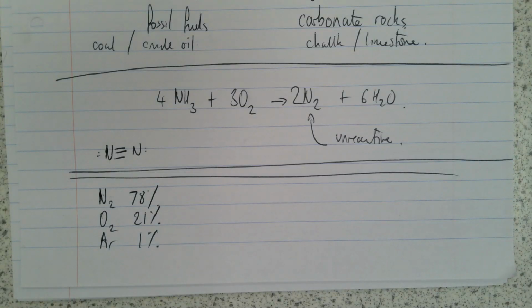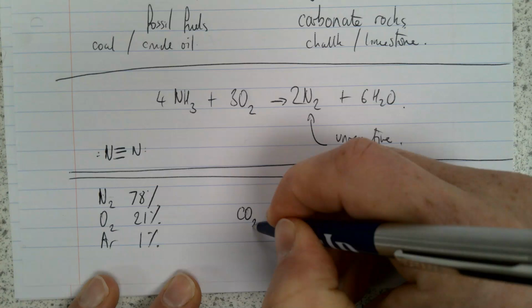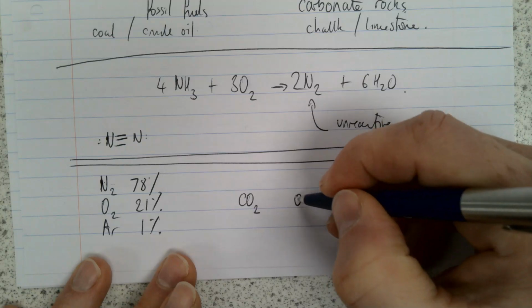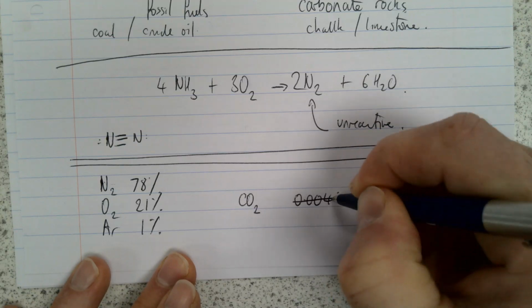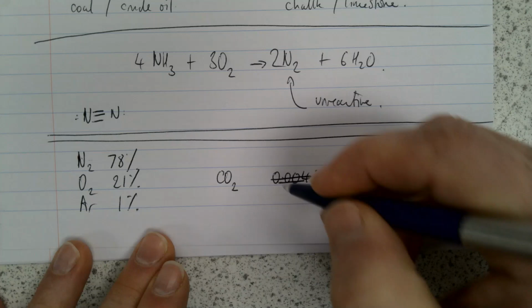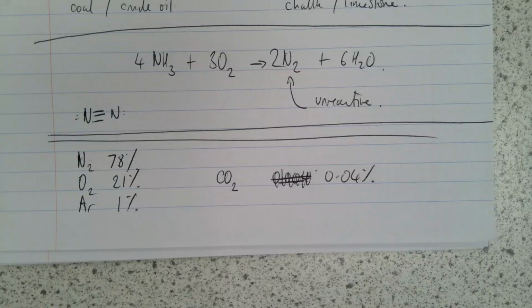But there are small amounts of other gases, and the key one that you really need to know, of course, is carbon dioxide, which is a greenhouse gas, and the levels of that are currently around about 0.04%. Now that is an important number because it's climbing. We need to understand that that level of carbon dioxide means we've got a greenhouse effect happening, which is a good thing, and we'll talk about that in a minute. But too much carbon dioxide can cause problems, as I'm sure you're aware, which again we'll talk about in a moment.